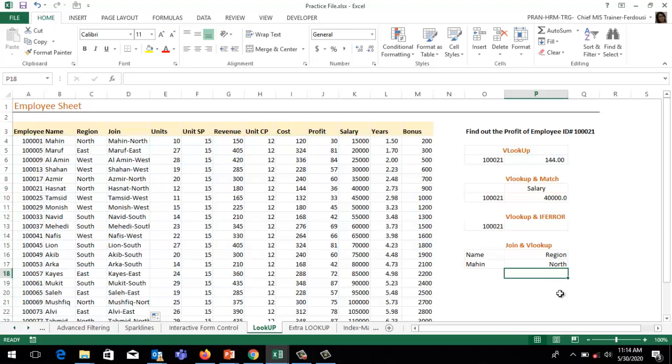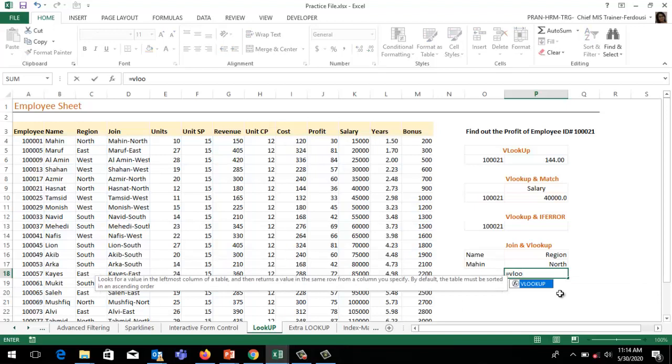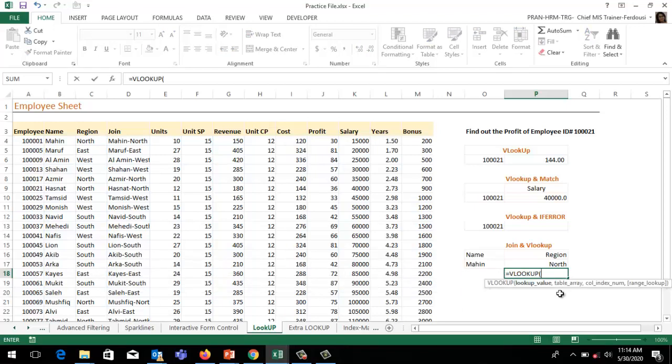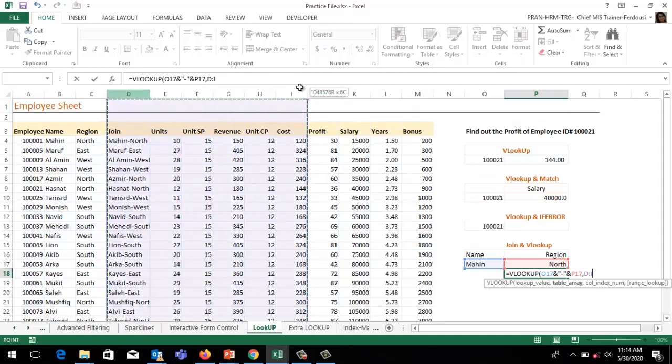Now we will use the VLOOKUP function. Use equal sign, VLOOKUP. Use the same trick. This cell position, use ampersand, inverted comma, slash, use ampersand, and this cell position. Now we will select from this cell position to this cell position.